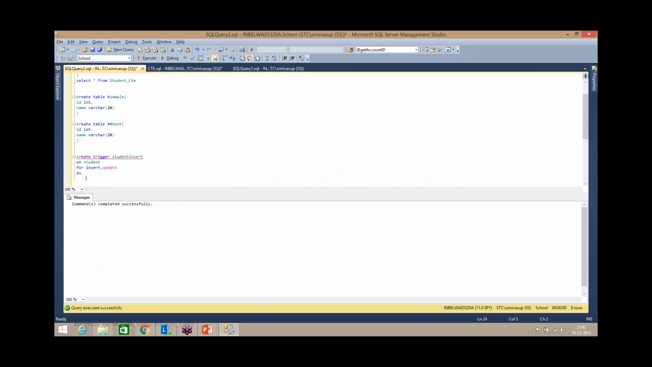Okay, so just print something. Okay, record inserted successfully,